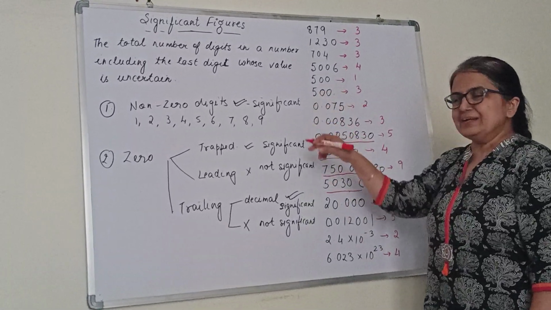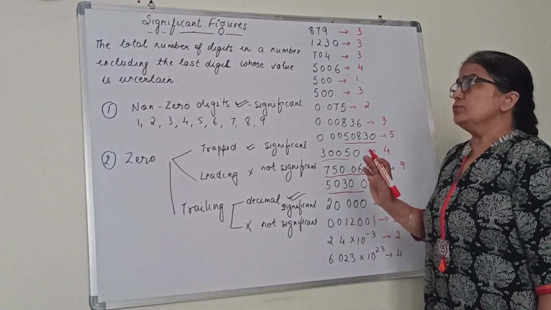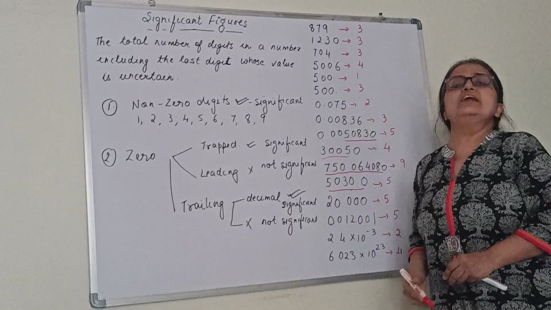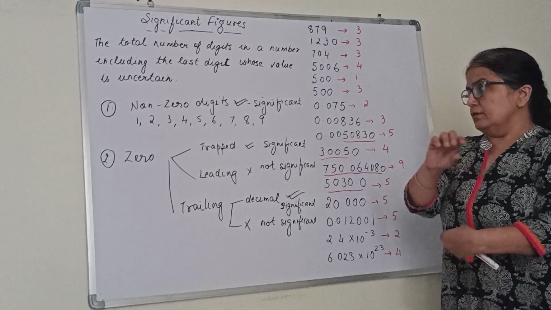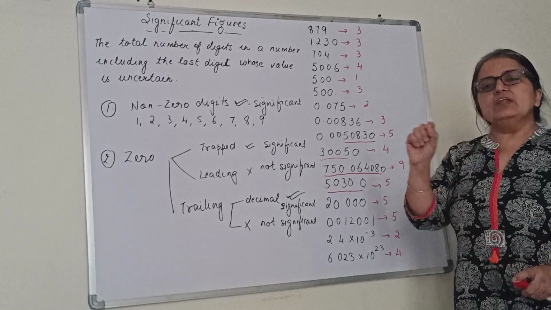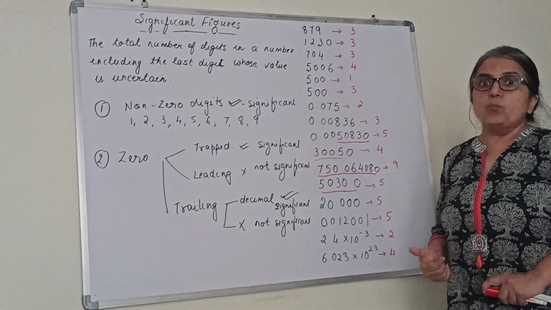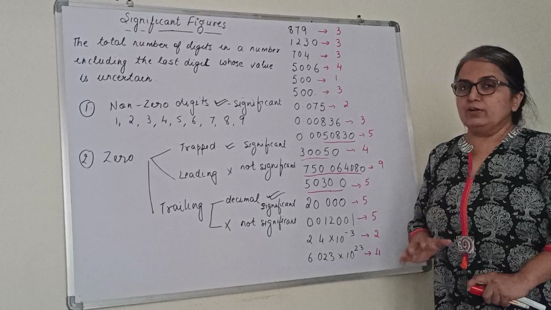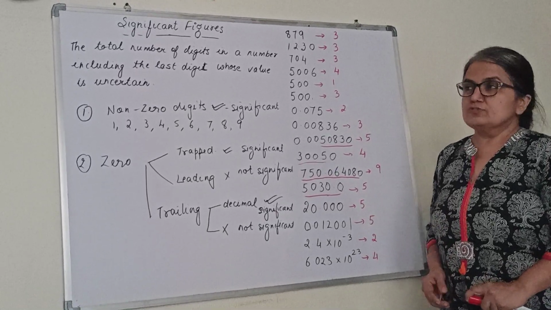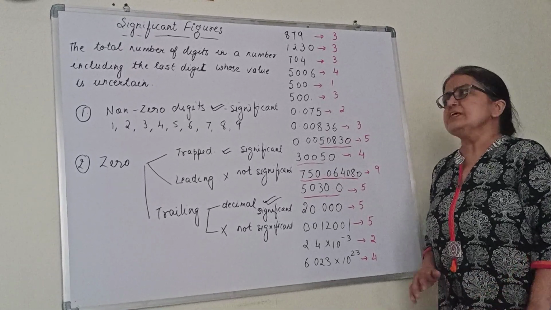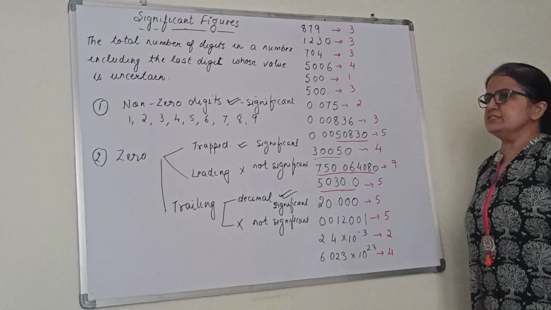Okay. This part is clear children. How do you find this? Sometimes it is asked even in competitive exams. Any number can be given. Write down the number of significant figures. So it is a matter of 1 mark. When one question in competitive exams is 4 marks. So it's important. Even in school exams, it can be asked. Please make note of this.